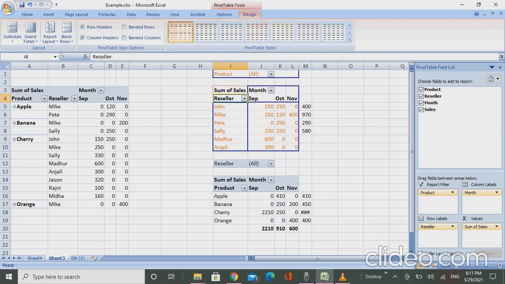Now we'll do, if you want any sorting in a pivot table, how would you sort a pivot table? Let's say I want to sort this on the basis of this total.